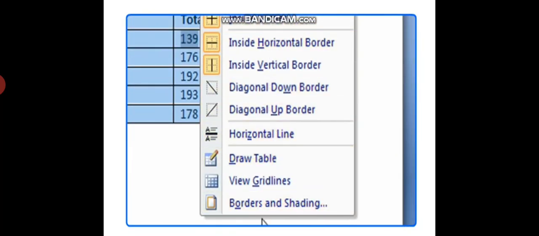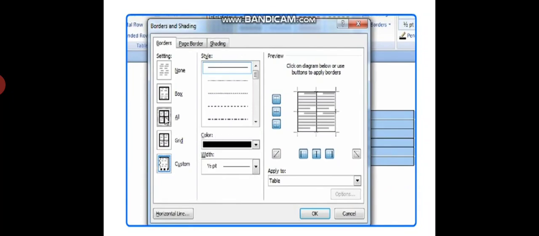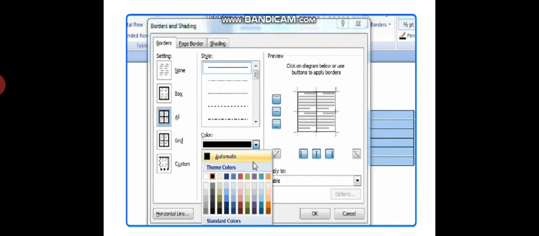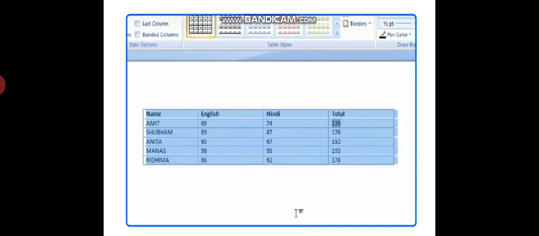The last option, Borders and Shading. The dialog box will appear. Click All and color whichever color you want for your table. Apply to Table. Select Table and click on OK button, and border will be applied to your table.